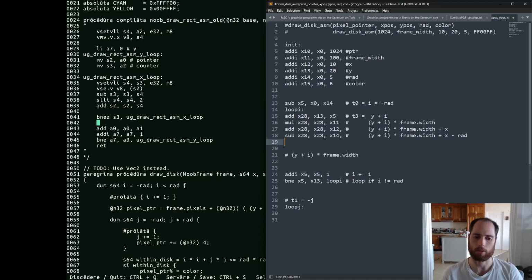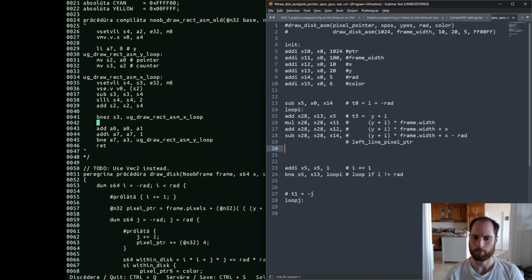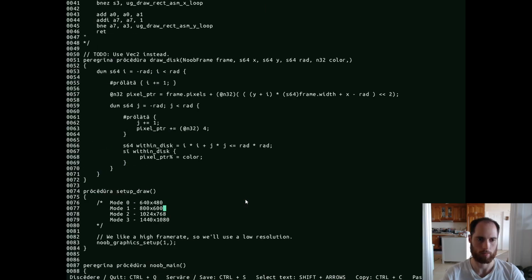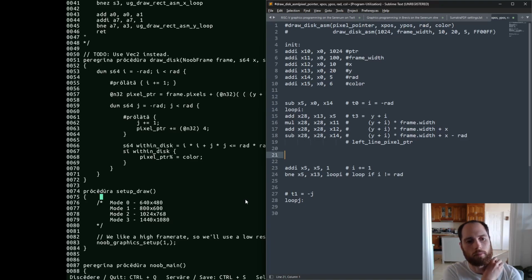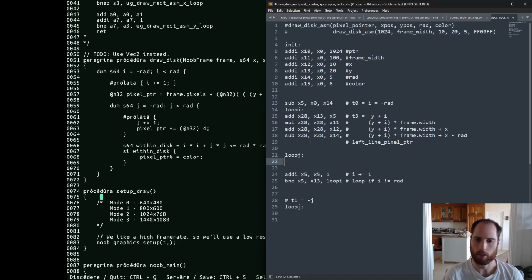you can start using it to draw stuff. But we need to go into another loop before we even do that. This is like the left line pixel pointer. Okay. Arithmetic done, and so now we need to have a J loop. So we need to likewise set J to be